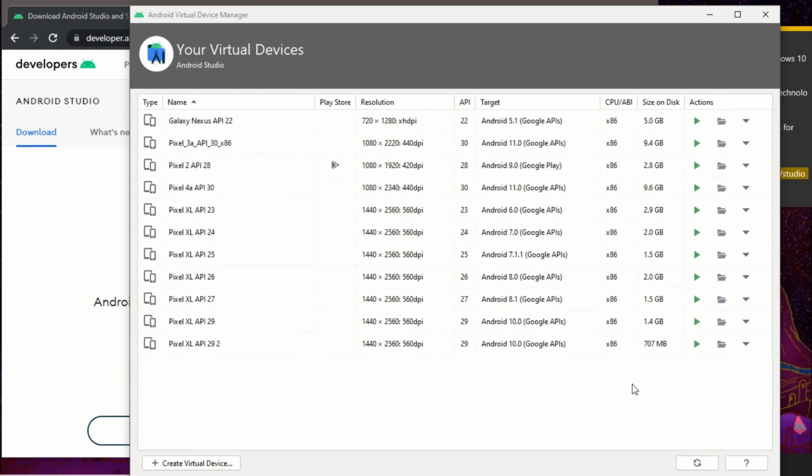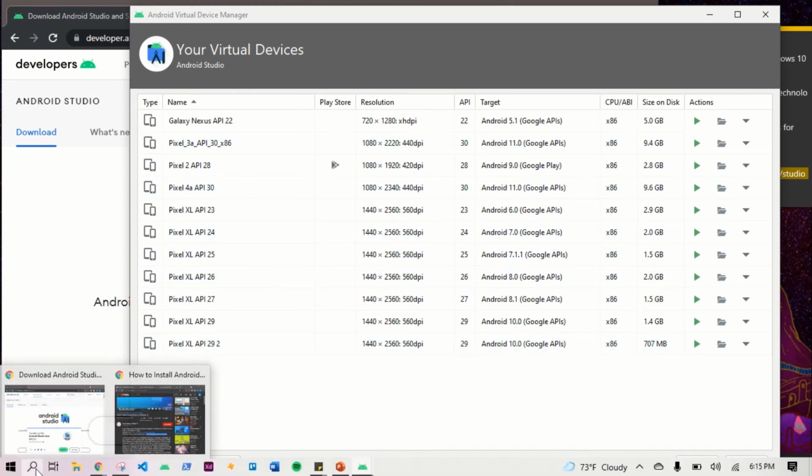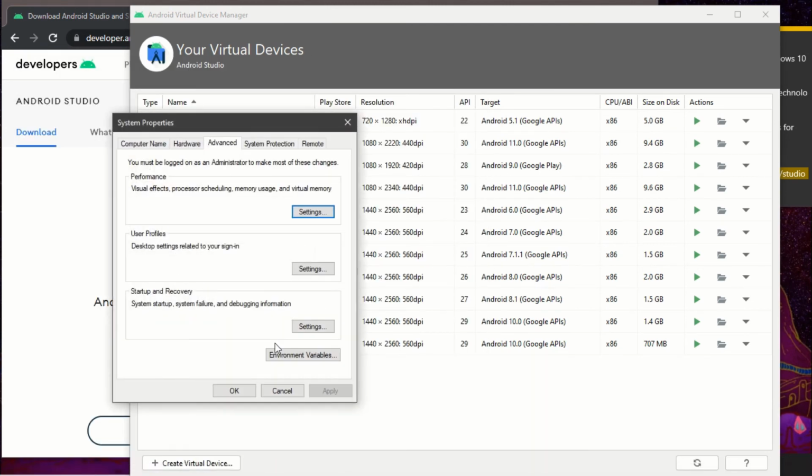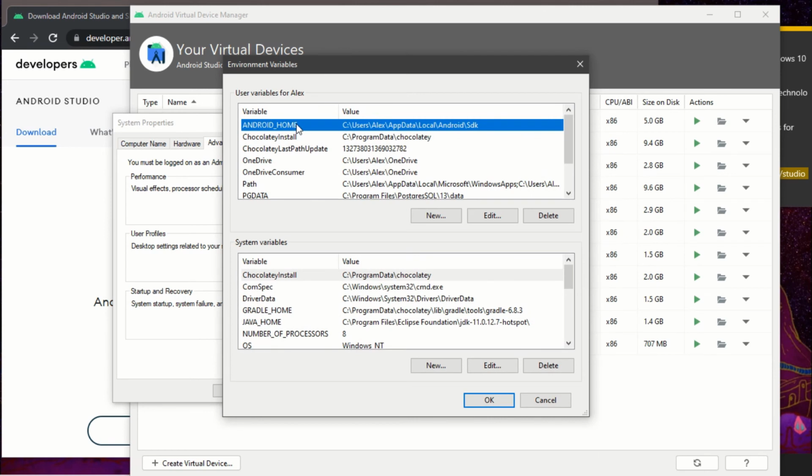Next, we will need to set up the environment variables. Navigate to System Properties, then Environment Variable. Then you're going to need to add the Android home variable to the user variables. You can do this by hitting New. You see mine is already there. To figure out the address, you will go to your C drive, Program Data,